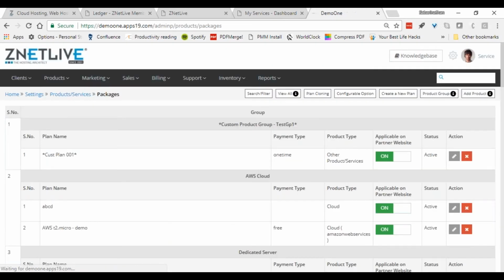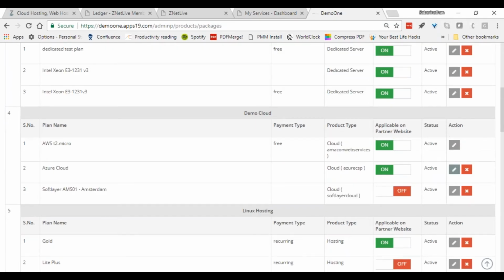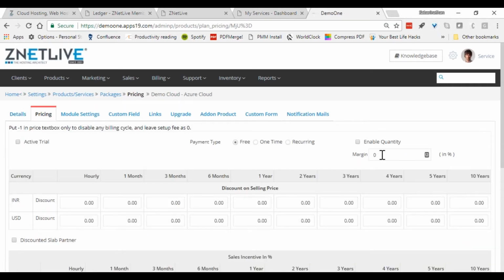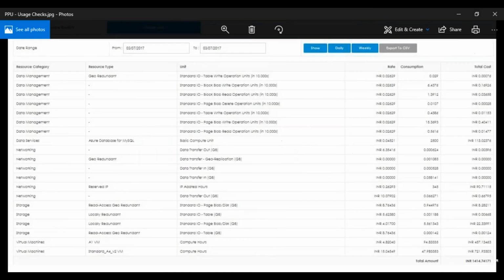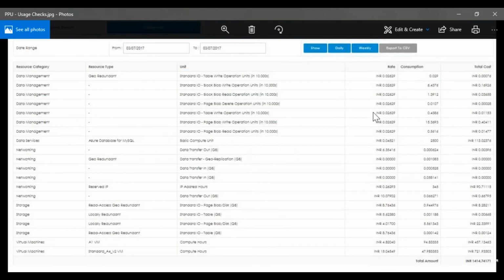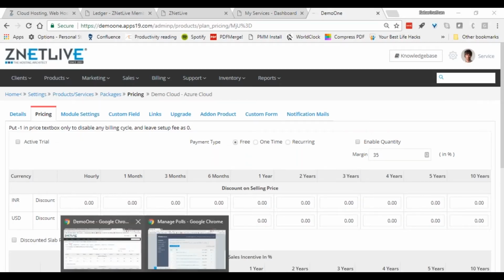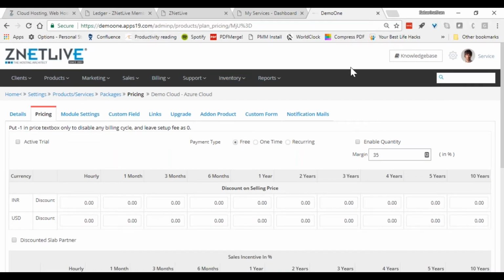For example, you can configure the packages and everything here. For example, we can amend a particular plan. You can define pricing for it, etc. So let me just open one particular plan here. So here you can define the pricing options or margins. So for example, in Azure standpoint, you can define margins. So let's say we define 35% margin, and that is the margin which will be applied to get the rate here, right? So RackNav is fully integrated with Azure and Office 365 and IBM software, etc.